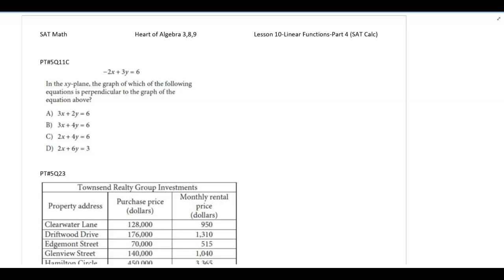SAT Math Lesson 10 is the last section of linear functions. Okay, so you'll have another group of examples here, followed by another small assessment. So the first example,